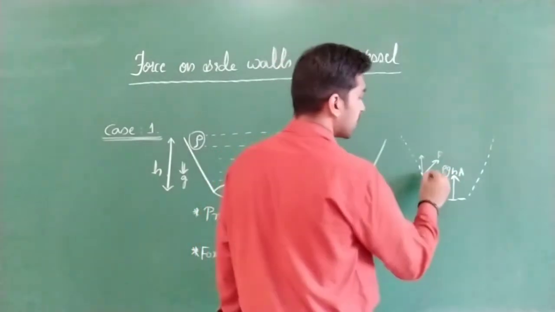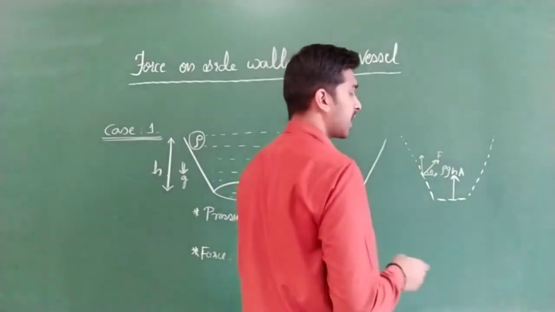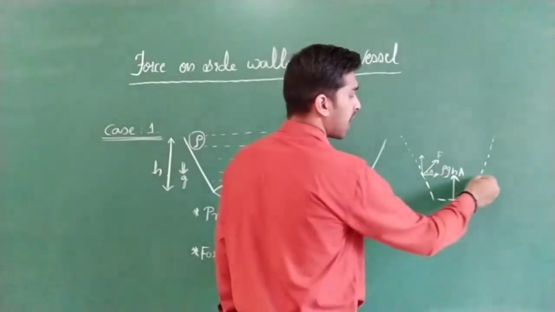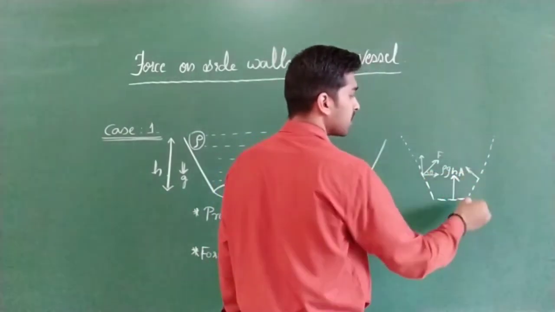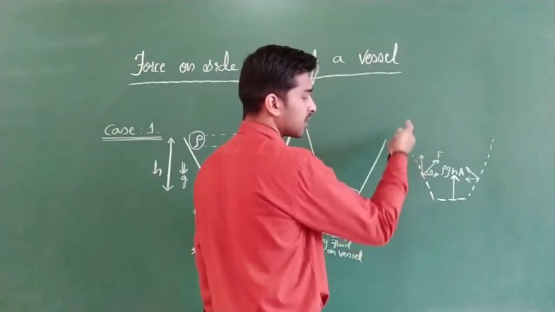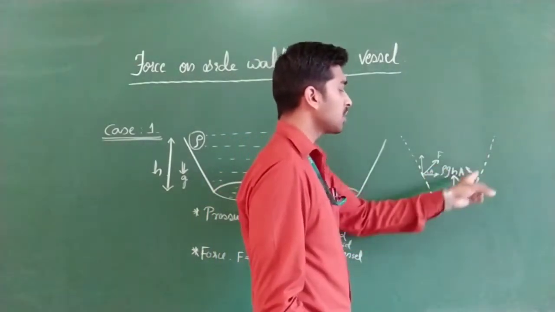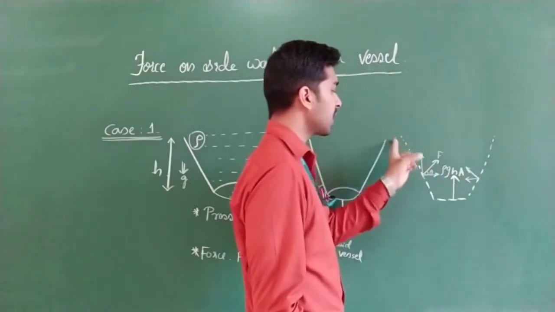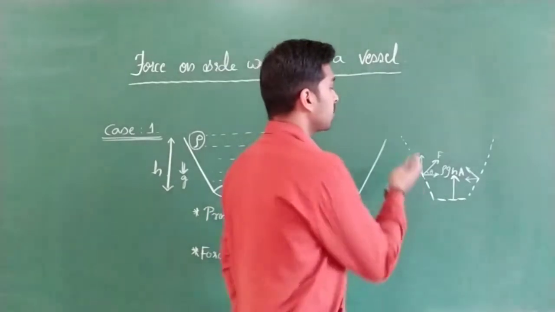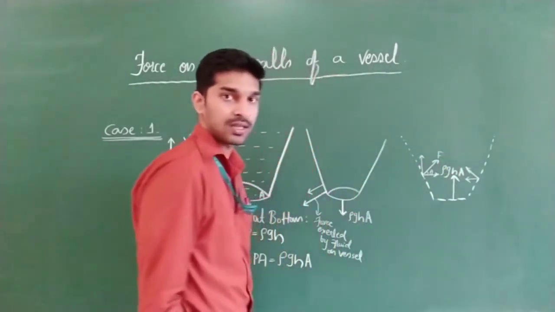Let us consider this angle as theta. This will become F cos theta, F sin theta, in that manner. So all the forces, what will happen here? This horizontal component, and here also due to this force, this horizontal component. Clear? Both are at the same height from the free surface. So all the horizontal components of these side forces will get cancelled with all the horizontal components which we are having here. Clear? That means all the horizontal components will get cancelled.